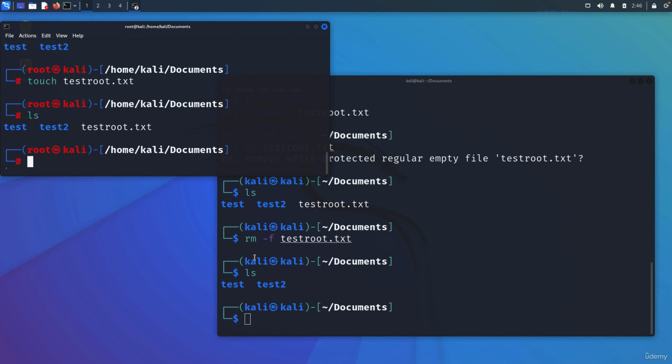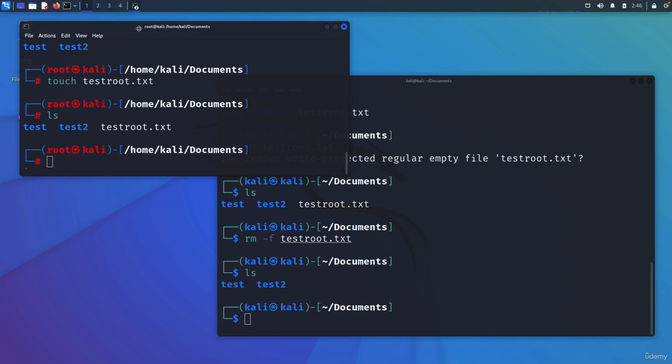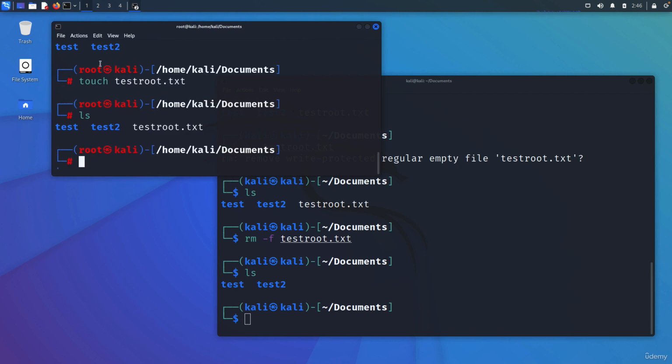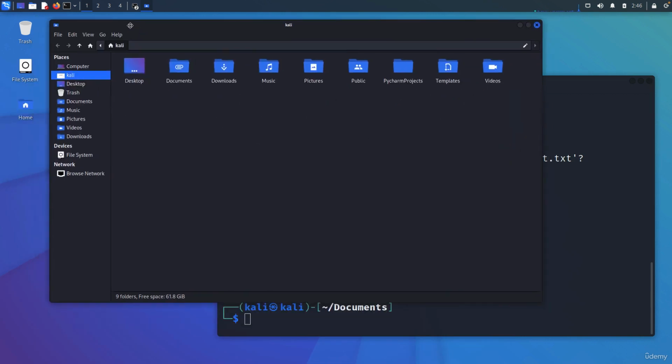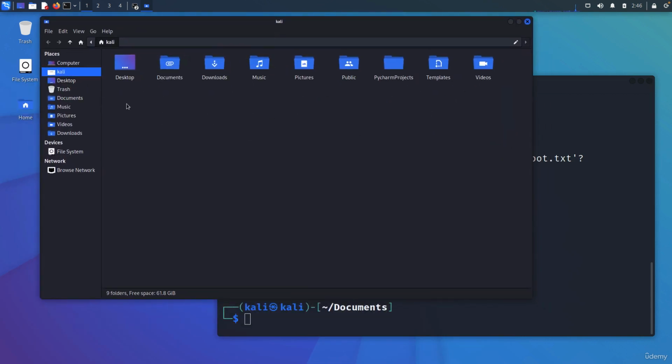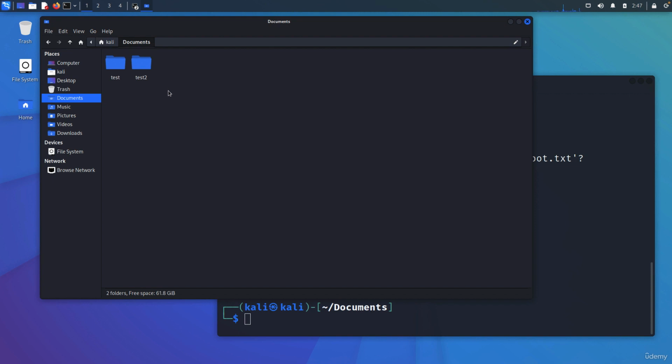And depending on your situation, you may be using root all the time, you may be using another user all the time, but the idea is to know how to use root. Okay, you can open another root terminal if you want, or you can just switch it to the root user, and you can do that in the file manager as well. So let's assume that I go into the pictures or any other like documents and stuff. I'm still the Kali user, right? Because I logged in as Kali user.